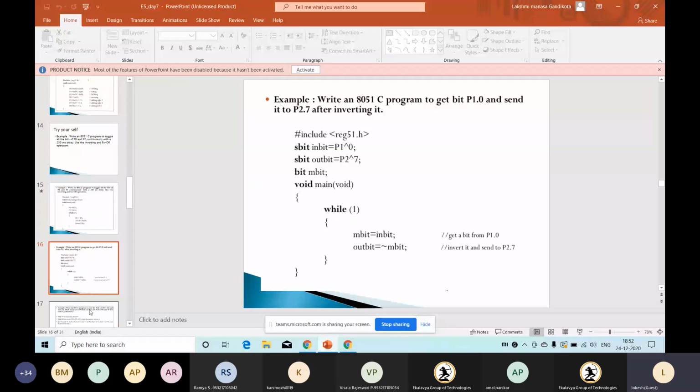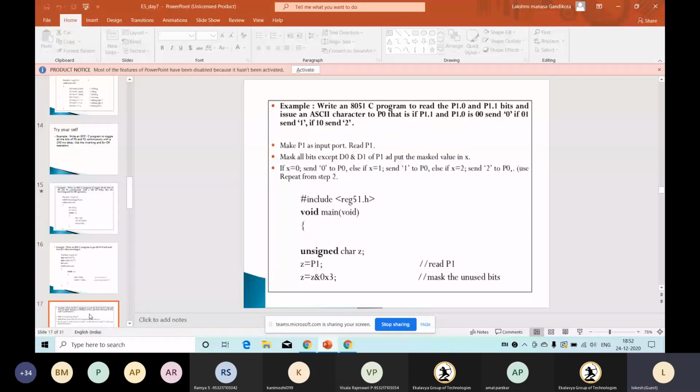Yeah. So we will go for the next program. Okay. So this is another program, where we read the data from P1.0 and P1.1. These are the two bits. Okay. And issue an ASCII character to P0